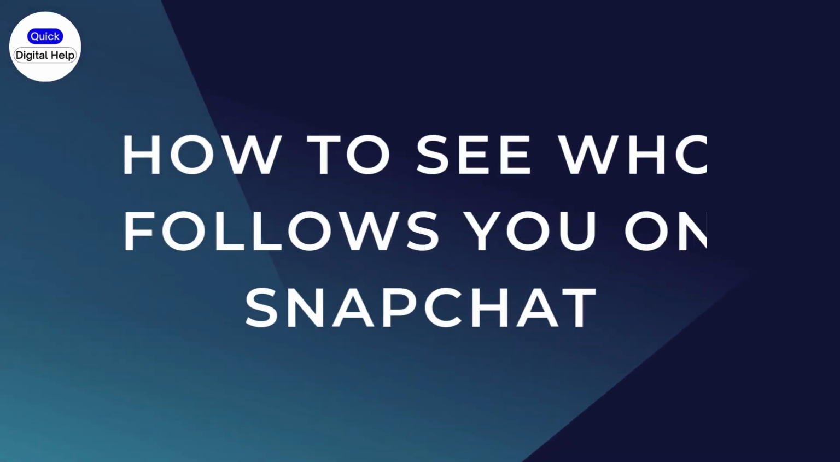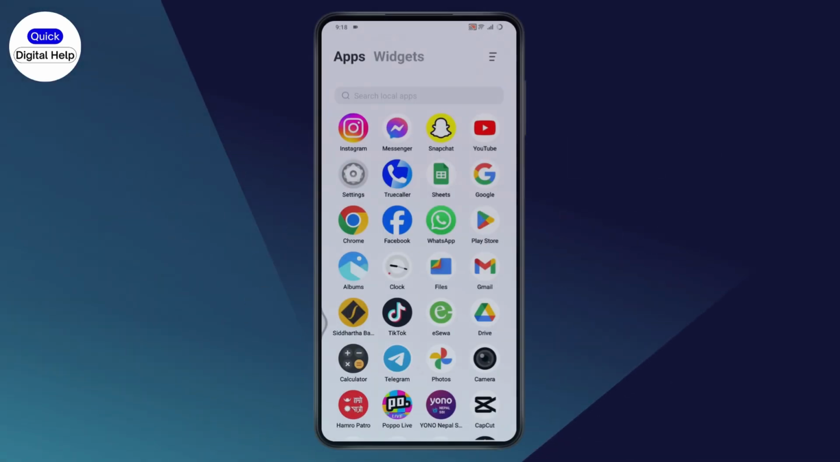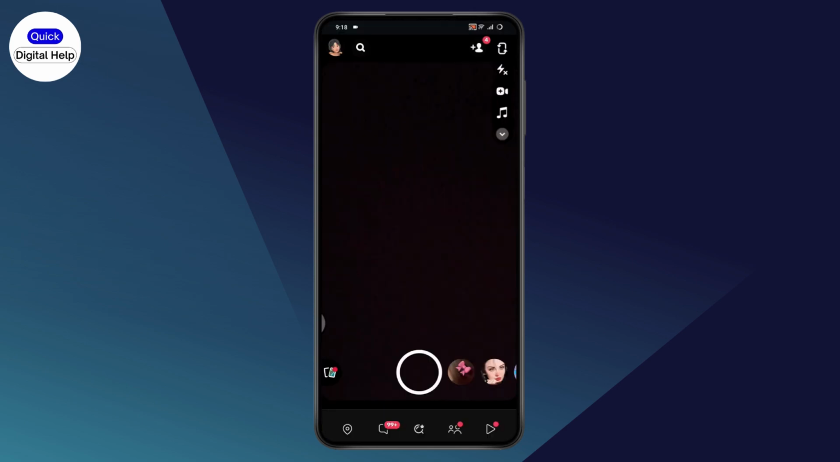How to see who follows you on Snapchat. So if you want to see who follows you on Snapchat, then first open up your Snapchat application. Once you open up your Snapchat, now you just need to simply go to the profile, which is on the